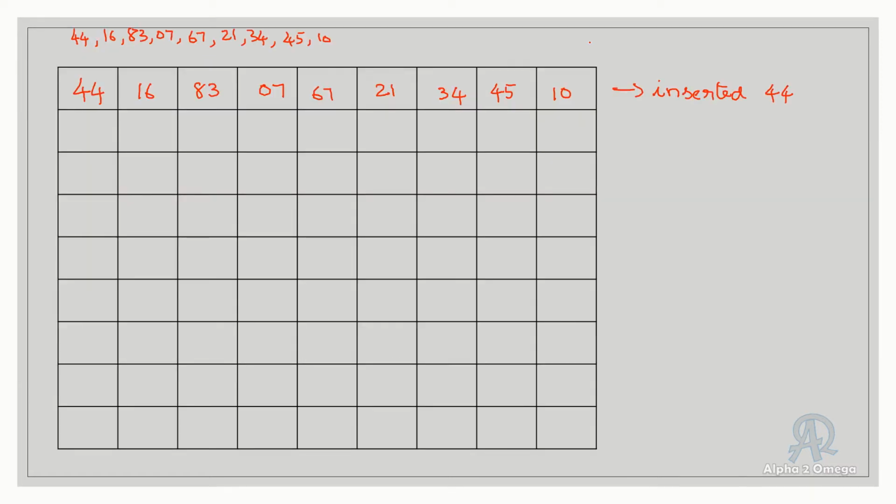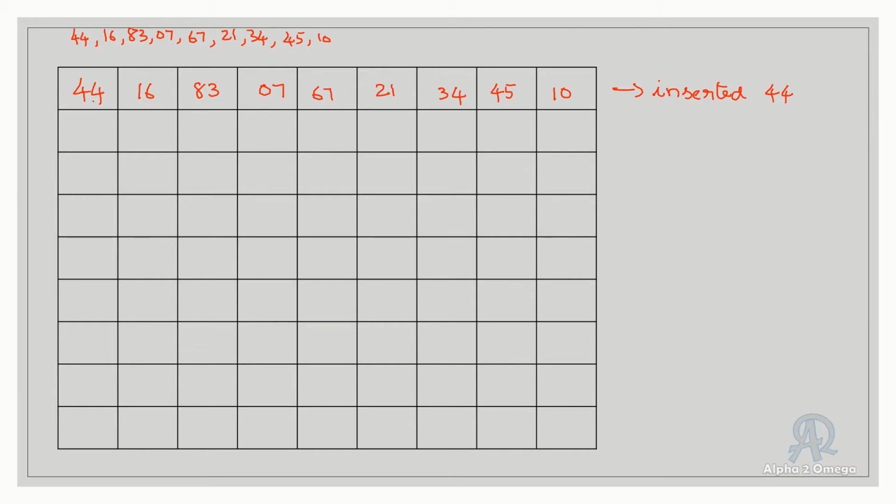So, this is the question which is given. Okay, the question for the first time, we have written it in the array format. We have written the question as it is, in array format. So by default, we can assume in this manner. So we have inserted 44. So that is the first location.